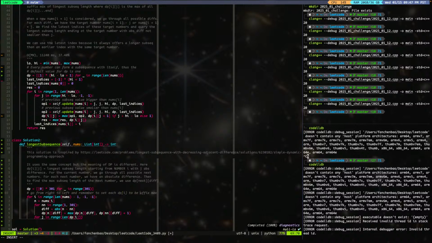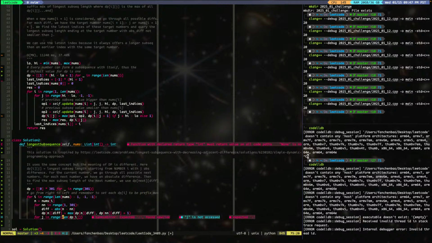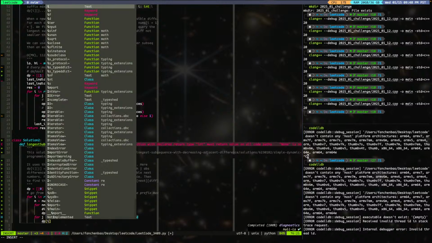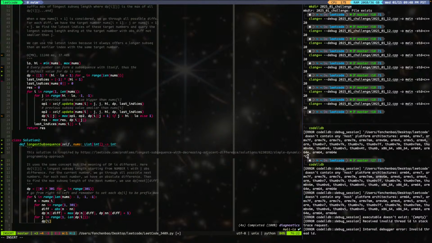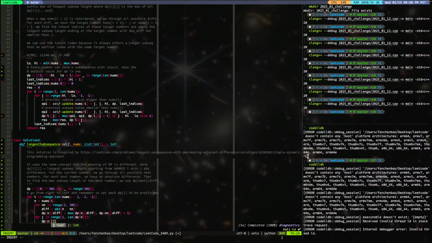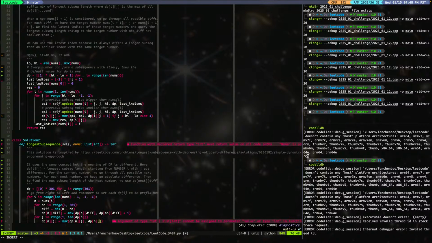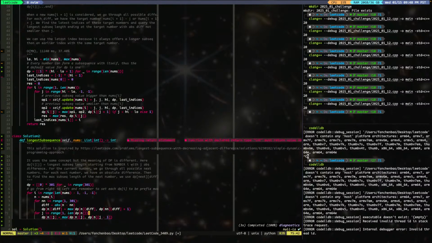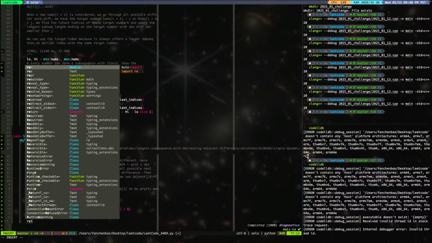Yeah, it has to be prefix max, because it's smaller, right? So we say dp[n][j] should equal the maximum of dp[n][j] and dp[n][j minus 1]. So we'll do this, and that way we return